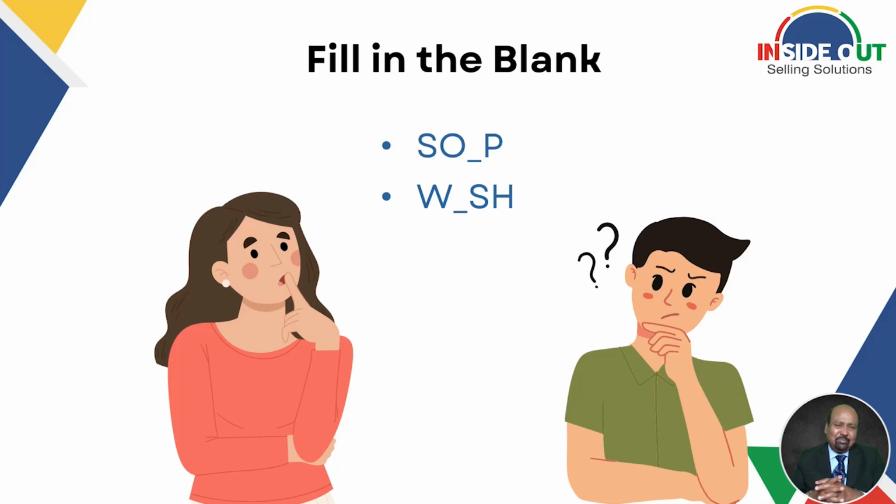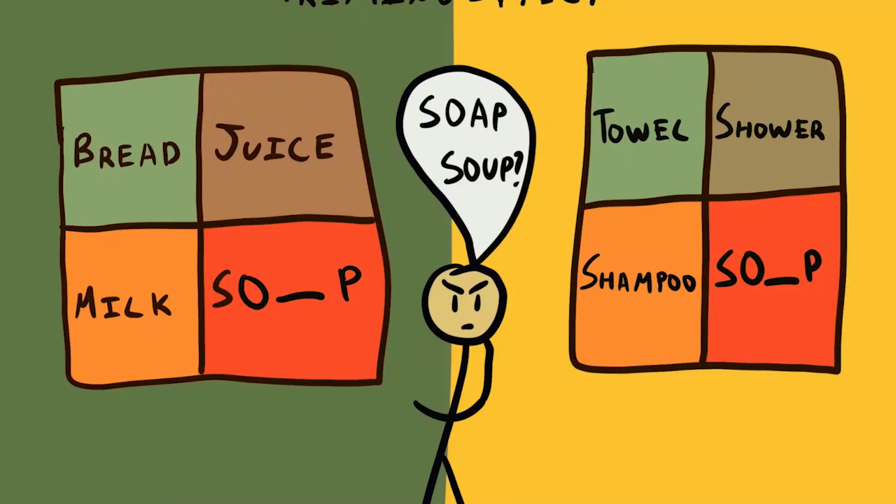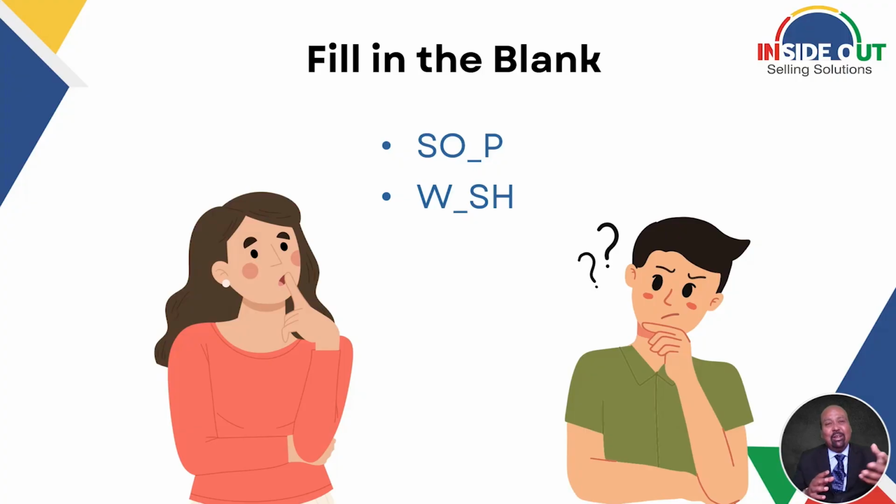What is this letter? Are you thinking about A? Do you want to make it soap and wash? Yes, most of the people would use A to make the first word soap and the second word wash. Why? Because the earlier picture where you have seen the clothes has influenced your mind to think about soap and wash. Otherwise, if I would have shown food, then instead of soap, S-O-A-P, you could have made it S-O-U-P, soup, right? So that way, what you have done is you are priming the mind of the other person.